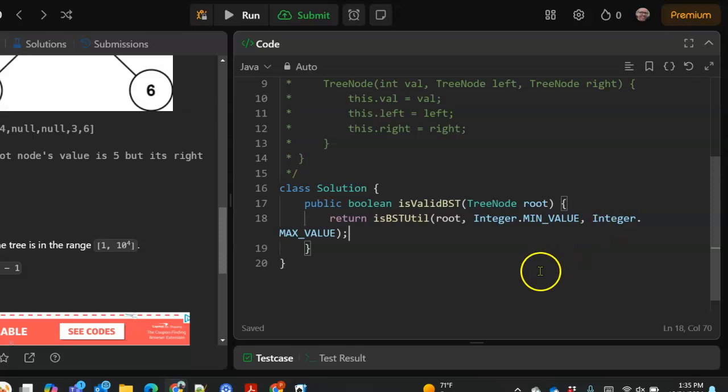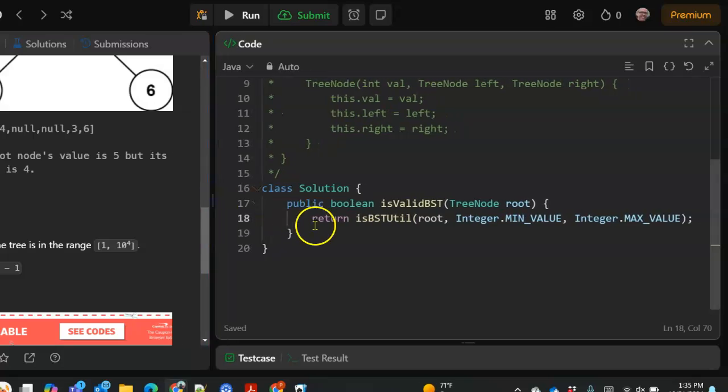Okay, that's it. You scoot it over a little bit so it doesn't wrap. All right, now we'll write that method,